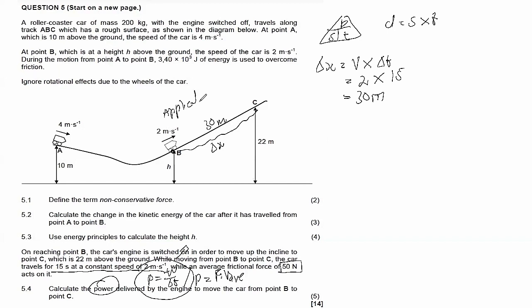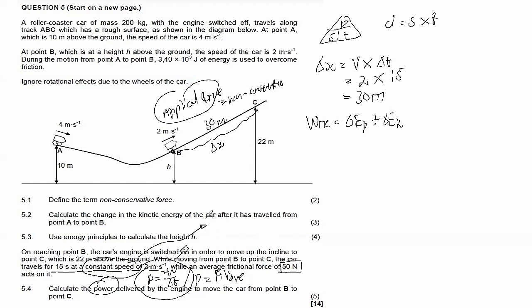Remember, the engine is an applied force, and an applied force falls under non-conservative forces. So we can still use the formula W_NC equals the change in EP plus the change in EK. But the fact that they mentioned this is moving at constant speed is a keyword in physical science. Whenever you see constant speed, this simply tells you